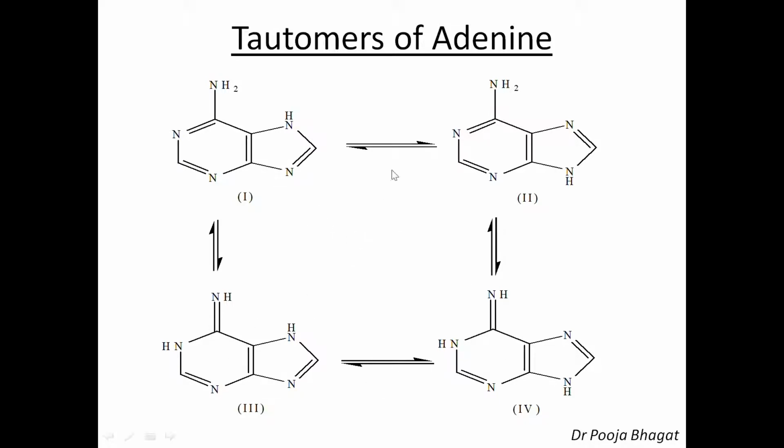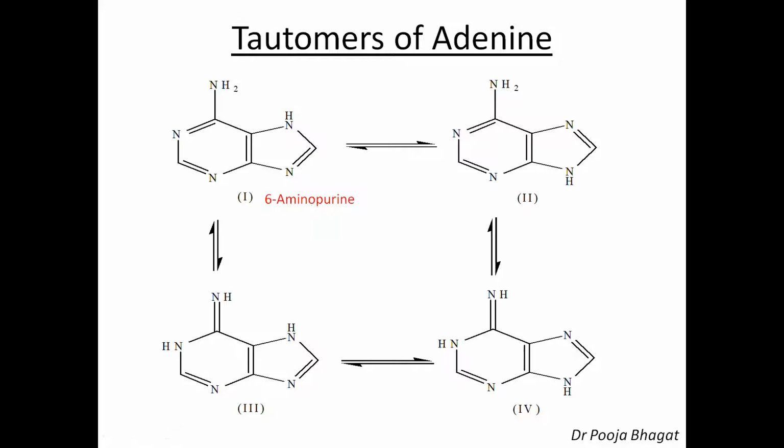Now out of these 4, these 2 are the ones where the pyrimidine ring is attached to the imidazole ring. So that means it is a purine nucleus. This is not purine because here the bond is not present. This is again not purine because the bond is not present. These 2 are purine structures, and in this purine, if you can recollect how we number it, we have to start from this nitrogen and number this pyrimidine ring first. So this is 1, 2, 3, 4, 5 and 6th. At 6th position amino group is present. So the name of this is 6-aminopurine. So adenine is also called 6-aminopurine.